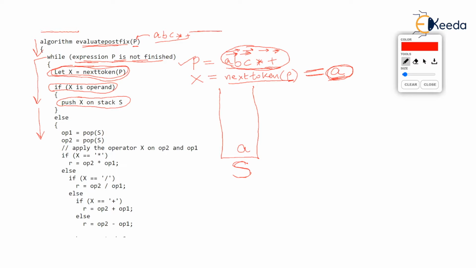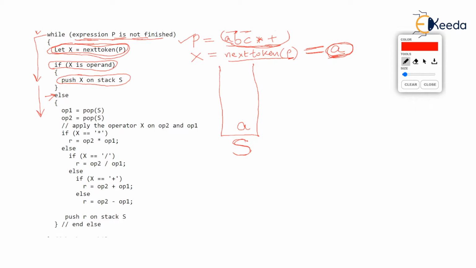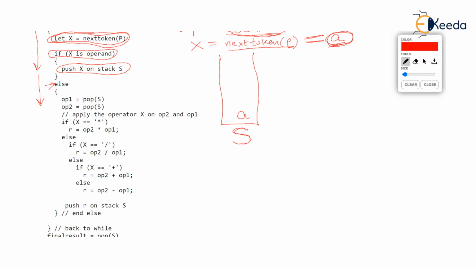All right. And the else will not run, isn't it? Because the if was true, else will not run. So if else doesn't run, this entire part of else is skipped and we go back to while, isn't it? We'll be back in the while loop. I hope you are understanding the structure of this while. So if we go back to the while, we are going to pick up the next token. The summary of this while loop is: take out the next token and check whether it is an operand. If it is not an operand, then go to else because it is surely an operator.